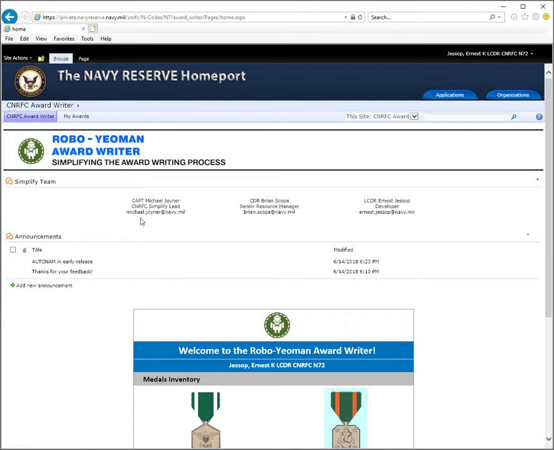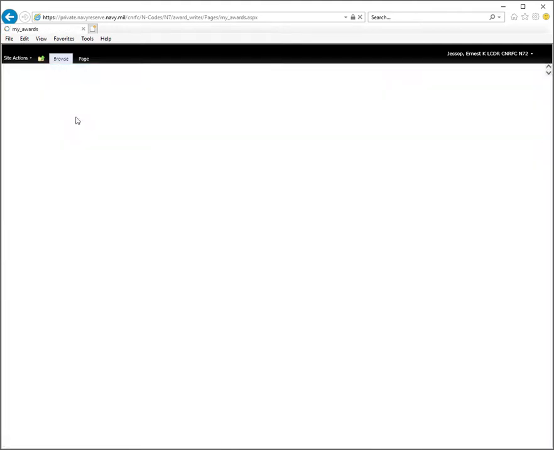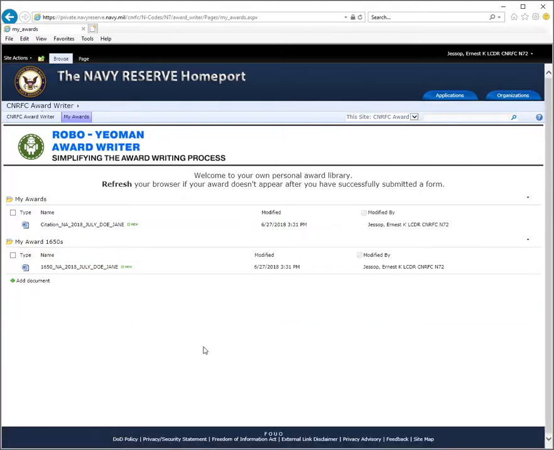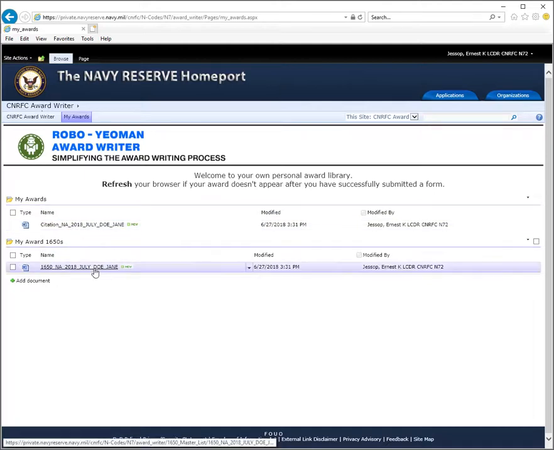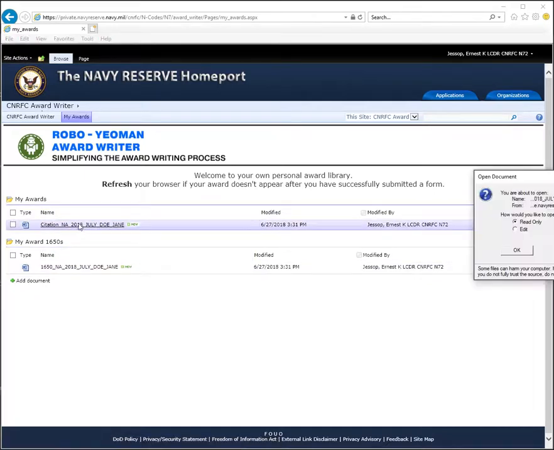If you're wondering what just happened, if you look at the horizontal menu at the top here in the global navigation, there's a My Awards link. If you click on that, it'll take you to your own personal awards library. You can see the citation that was generated based on the form that I submitted. It's here for Jane Doe, as well as the 1650. You can simply open the link,